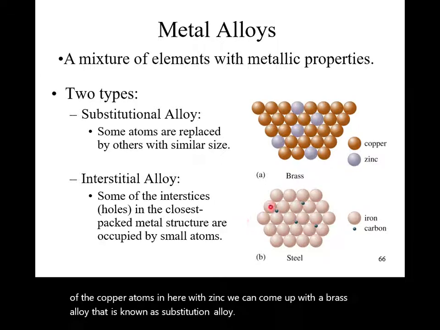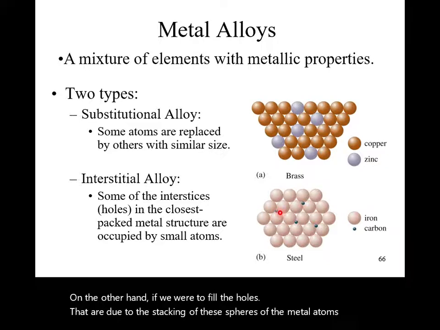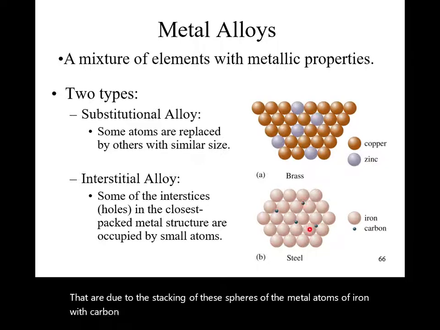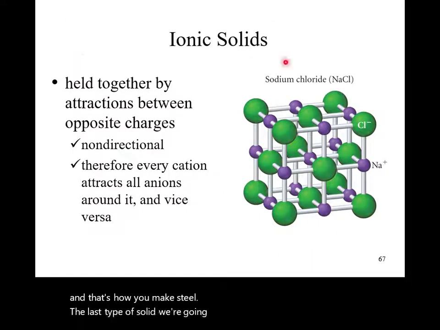On the other hand, if we were to fill the holes that are due to the stacking of these spheres of the metal atoms of iron with carbon, much smaller one, then we end up with interstitial alloy, and that's how you make steel. The last type of solid we're going to look at are ionic solids, and these are